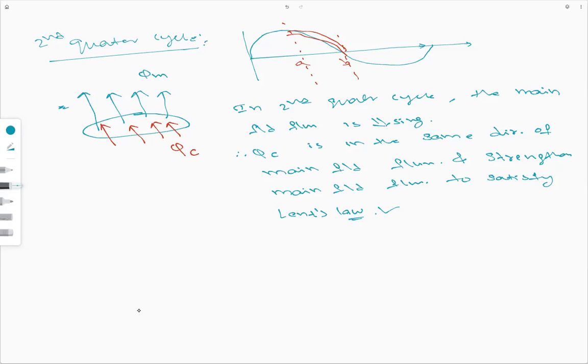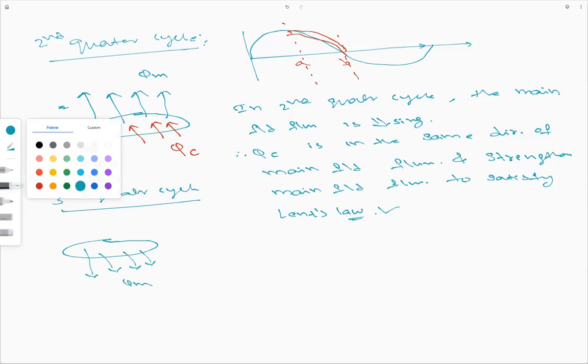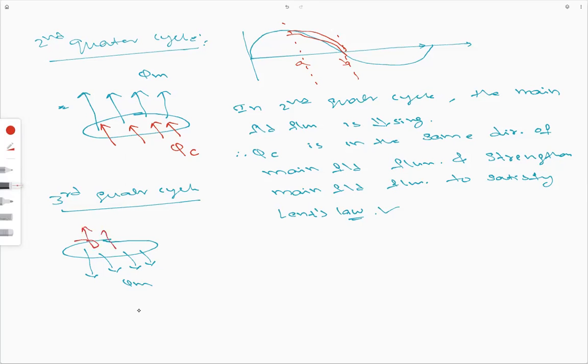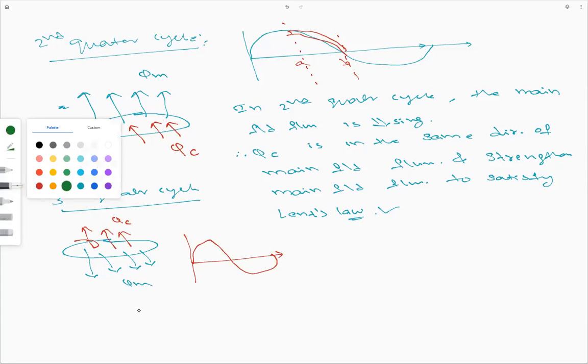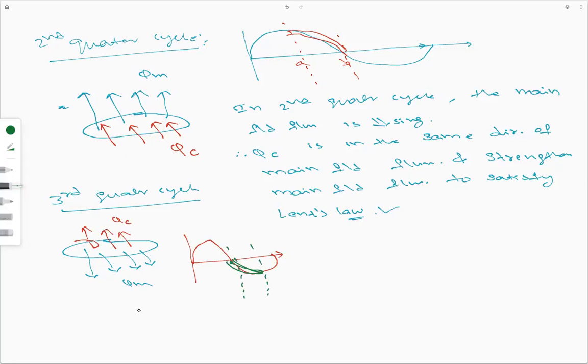So again, for the third and fourth cases, there is no need to write explanations; just draw the diagrams quickly. Third quarter cycle, B to C, BC point C. This is the third quarter cycle, whereas for the fourth quarter cycle,